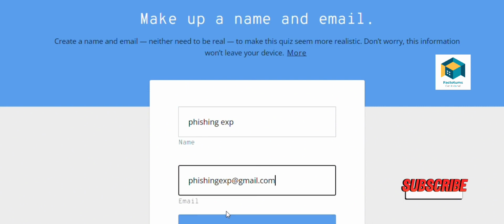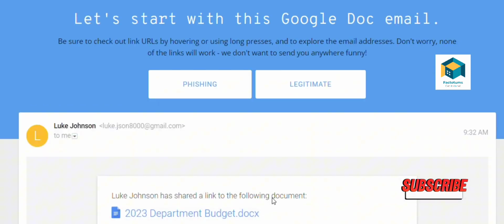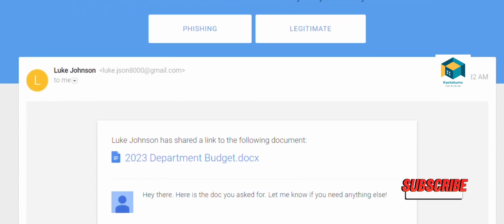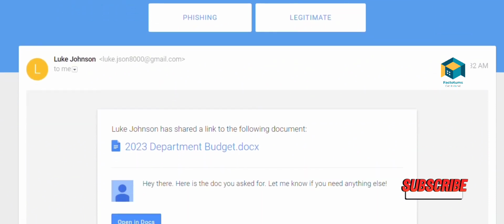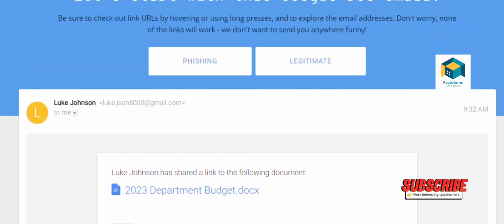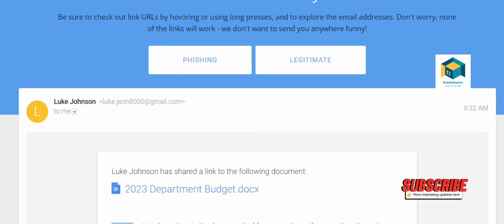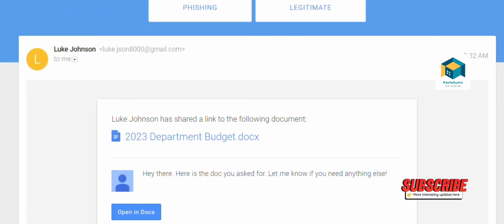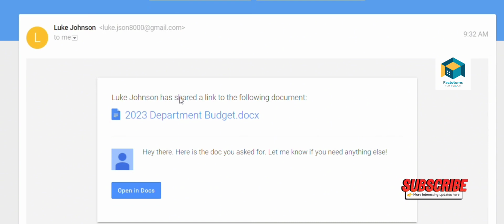Once we're done putting in our email, we're going to click on next. And this is our first scenario of phishing attacks. We basically have to identify if it's a phishing attack or if it's legitimate. What I'm doing here is checking the instructions, and then I'm going to analyze the email piece by piece. What they recommend is you have to be very careful not to click on the links or any